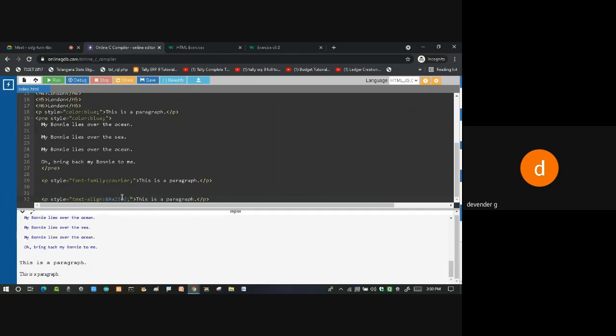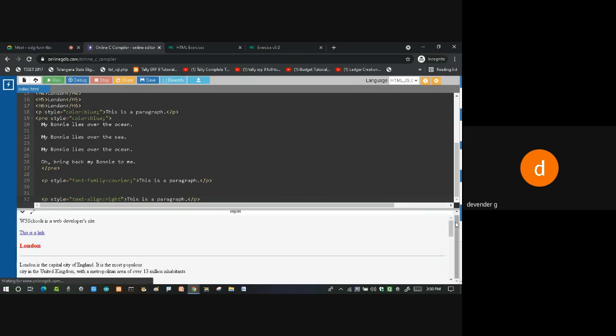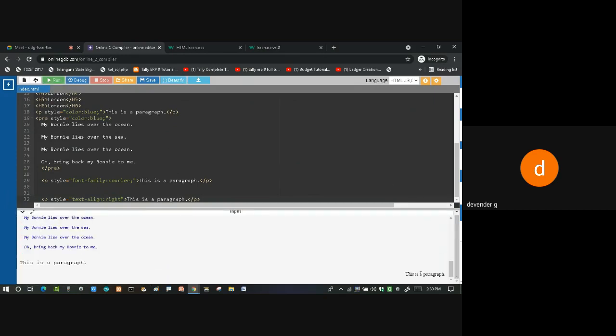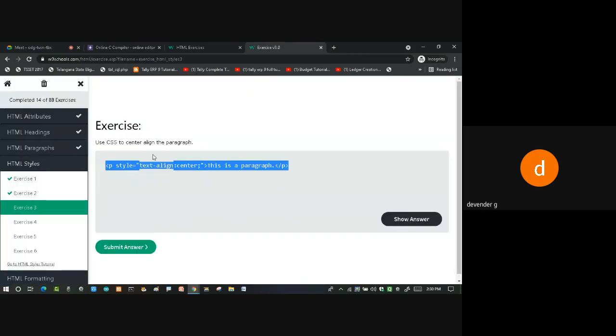So it is right. So you can see the text right side. So I got the right side. So what I have to do like this? I have to use something called aligning. So how you want to align? Text to left side, text to right side means text align. Now I'll see, I'll get the correct one.